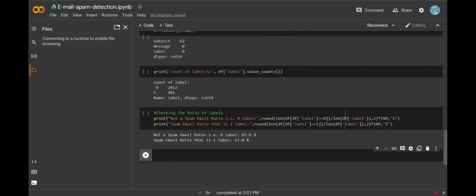So in the last video, I talked about creating a new feature named length. Now we create a new feature named length to check the length of each message and convert every alphabet to lowercase in the message. So for that, we just have to